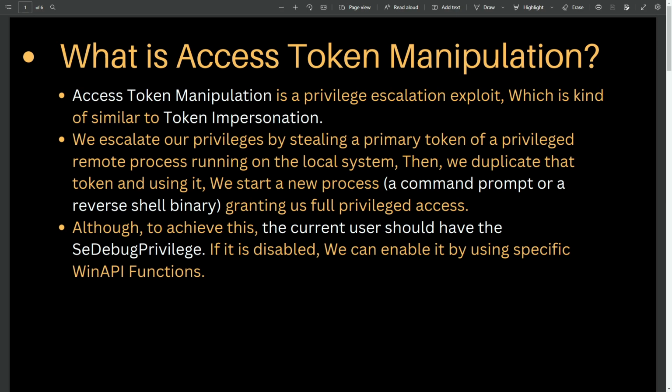So what is access token manipulation? Access token manipulation is a privilege escalation attack which is very much similar to token impersonation. If you know token impersonation, in that attack we take advantage of the SeImpersonate privilege which is present on Windows, and using that privilege we escalate our privileges from a low level user to a high level user. Now in access token manipulation we take advantage of a privilege